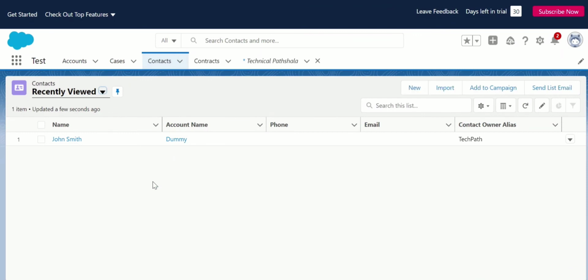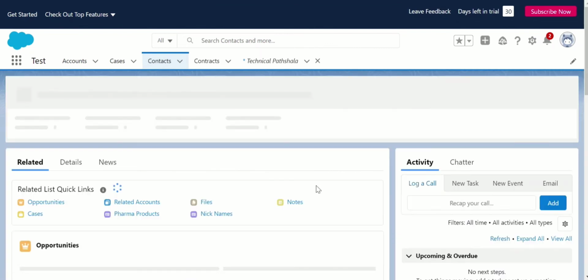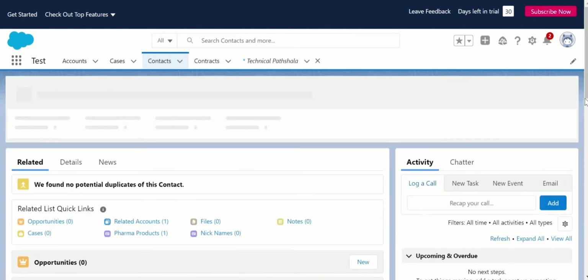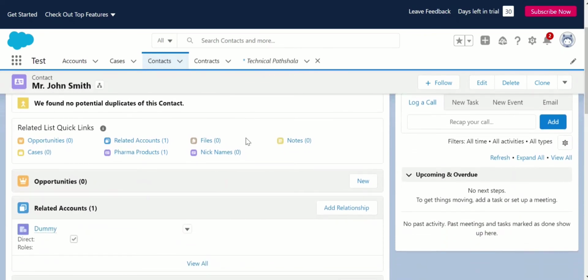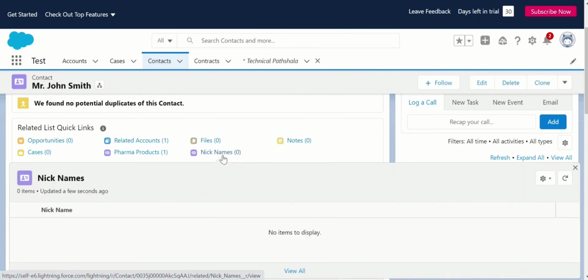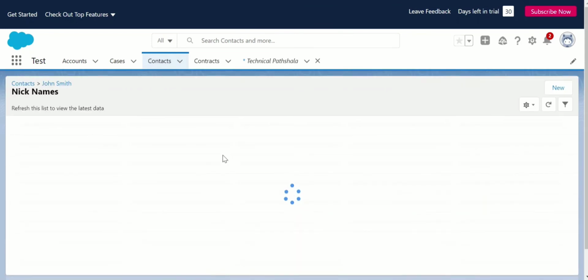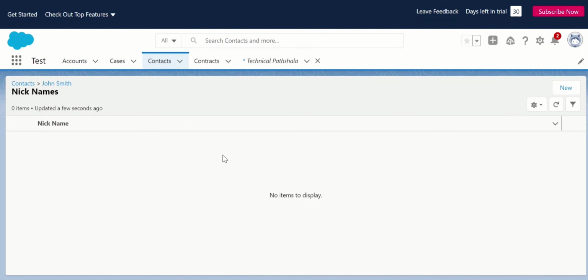You can see I have created one contact, John Smith. Drill down on this contact. So you can see here the related list quick links, Nicknames, that we have created. Click on this. Currently there is no nickname available.